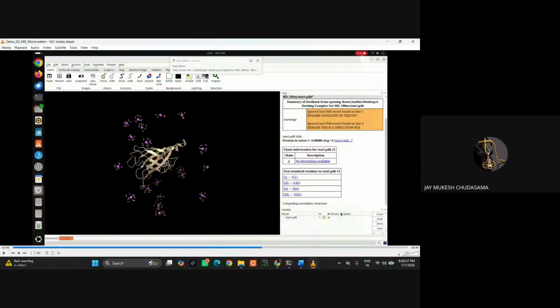Okay, what you can see on the screen: all the violet balls are the sodium ions, and the small red molecules are water molecules, along with our receptor and our ligand. So we need to open the file,